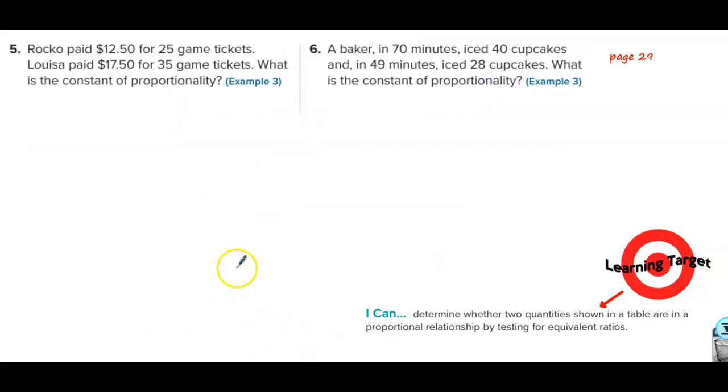Okay, moving on to 5 and 6. Rocco paid $12.50 for 25 game tickets. Louisa paid $17.50 for 35 game tickets. What is the constant of proportionality? Okay, so they're basically telling us that these are proportional. And if we're paying $12.50 for 25 tickets,